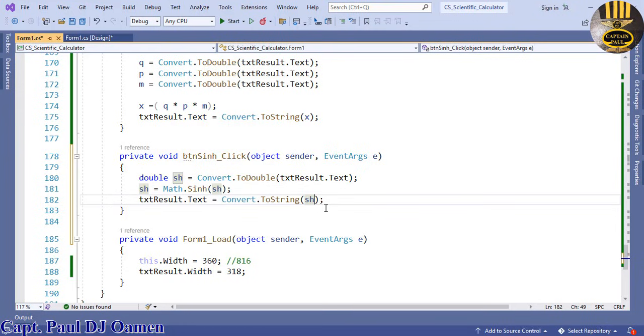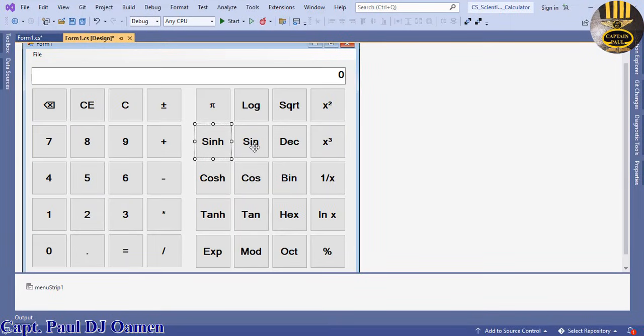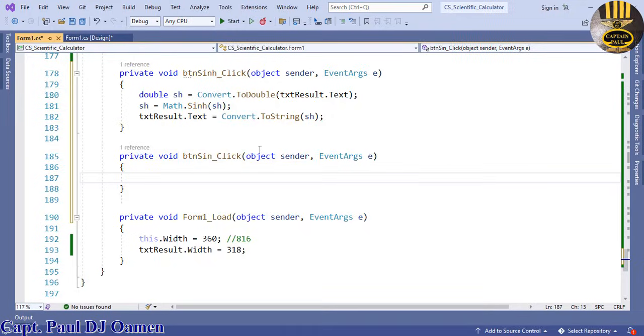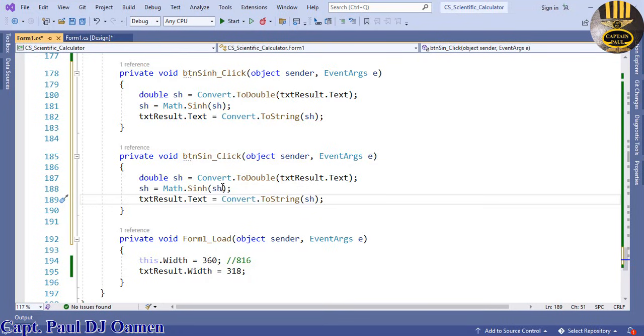That takes care of the sinh. Alright, we're going to copy that. Now let's take care of sine. Double click on sine and right in here just paste, and this is the sine itself. So I'm going to change this to sine, and this one is going to be sine as well,